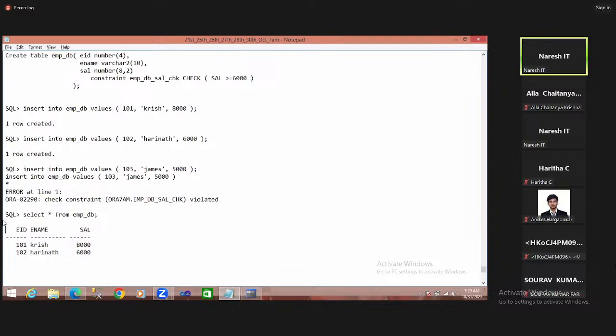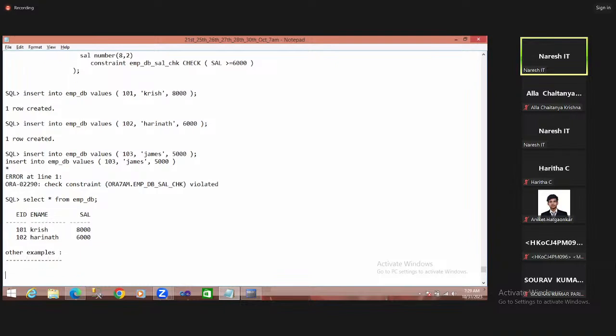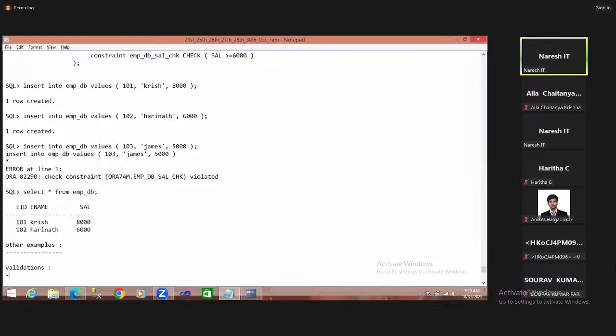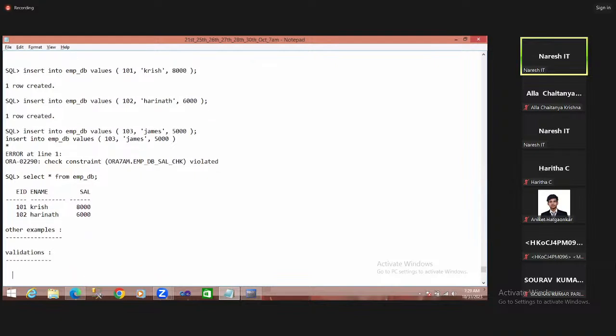Right. Now, other examples about the check constraint. I give some validations, guys. Try to implement these. Okay, don't create the tables. Simply we can write the column name and constraint. Okay. First validation is